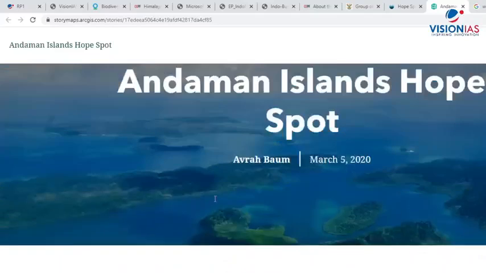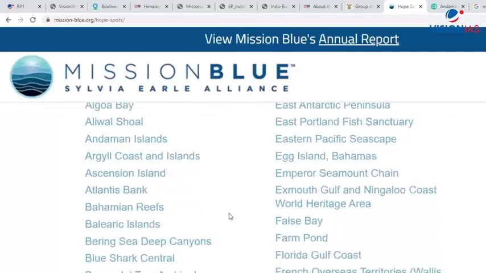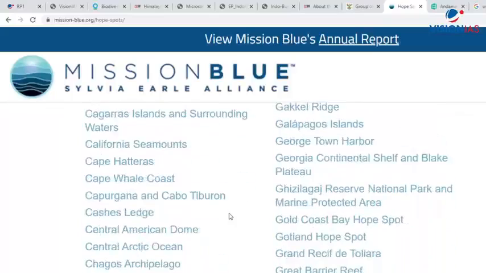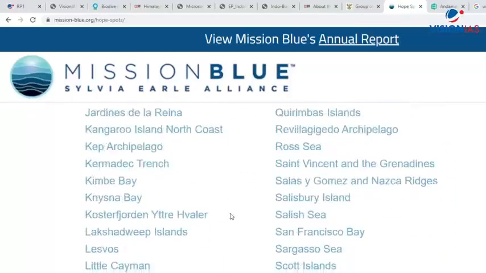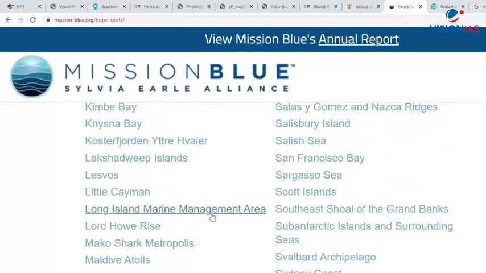Right, this is the Andaman Island hotspot. Now you can see here Lakshadweep. I'll go to the Lakshadweep. All these lists are there. When you read current affairs and you come across any name, you can always verify it. Lakshadweep Island,